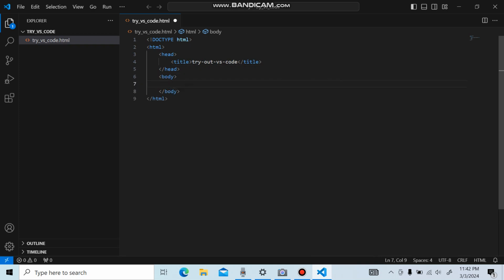In the body tag, we write out things that are visible on the HTML web page. So here we want to write a very big header, H1. This is like the most important header in the hierarchy of headers. If you didn't know, we have H1, H2, up to H6. So this is the first one, and automatically it is formatted to look big. So I'm going to say try out VS Code,